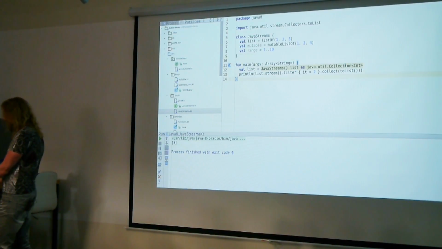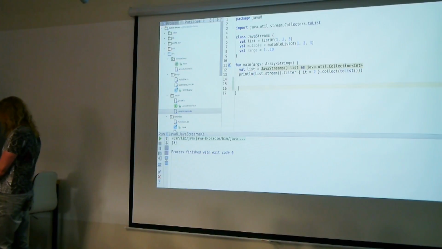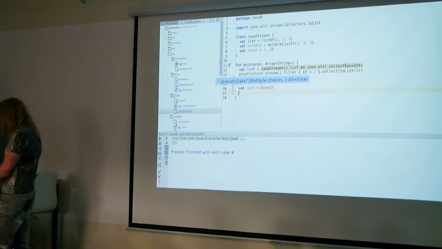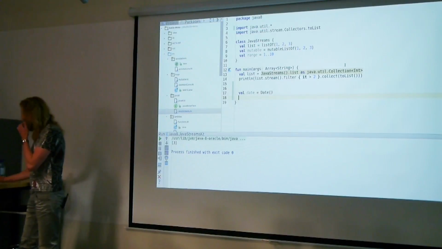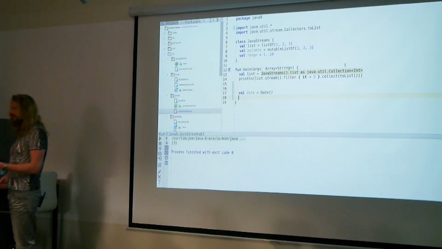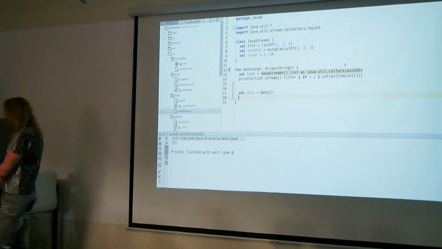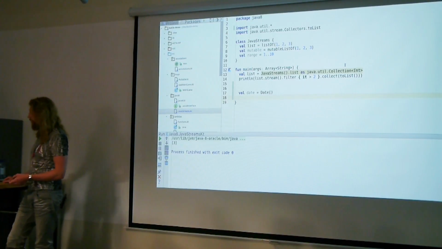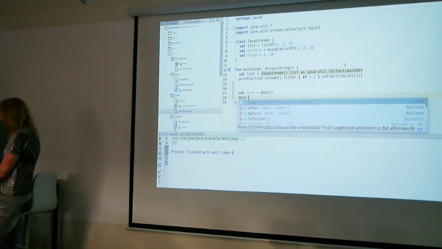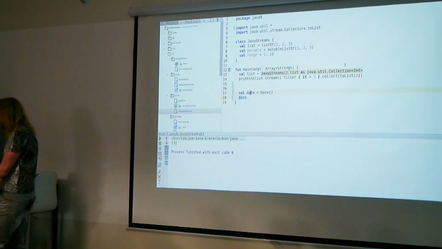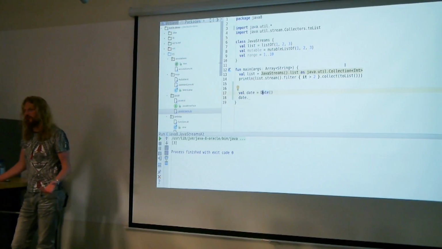So for example, if I have any class, like Java util date, a very simple one. Sorry, I haven't written Kotlin in a while. You don't write new, you just call the constructor. And unlike in Scala, where you can have both for some reason, in Kotlin there is only one, without the new. Now, if I want to have a new method on this class, I cannot do that very easily because this class is defined somewhere else. I'm not the author.